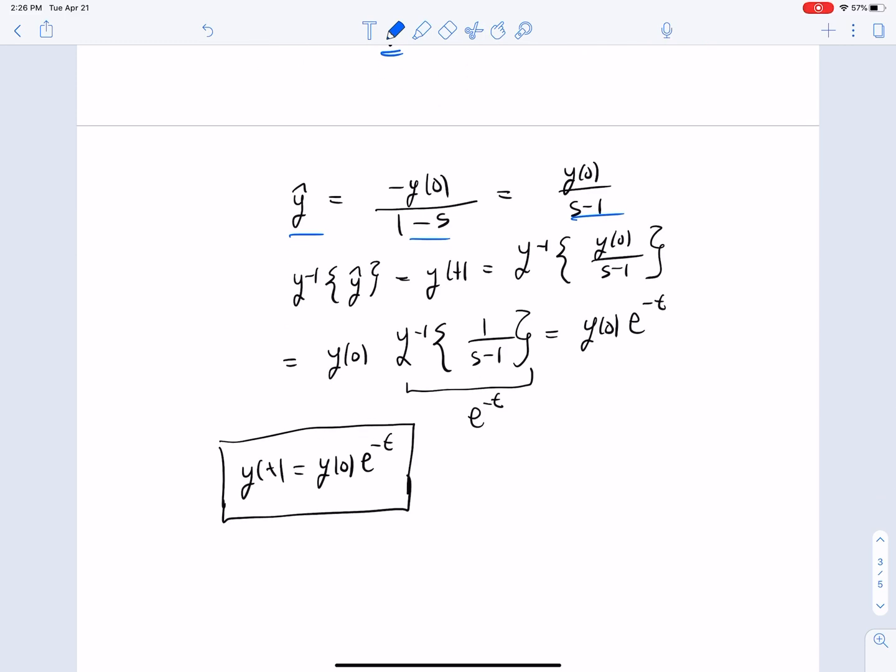And so at this point, we now have solved the equation for where the Laplace transform of our solution is equal to y0 over s plus 1. So you might see how we're going to use the inverse Laplace transform. Right? Because we have the Laplace transform of the solution, to get the solution in what we call the time domain, put it back in the original coordinates, we need to invert that. So now we're looking for the inverse transform of y0 over s plus 1,